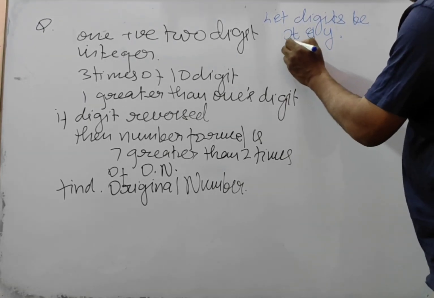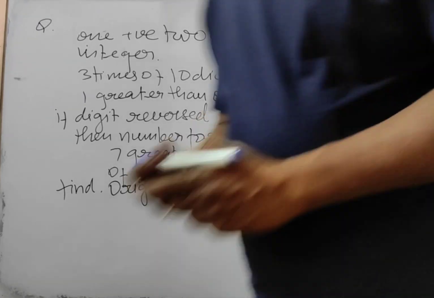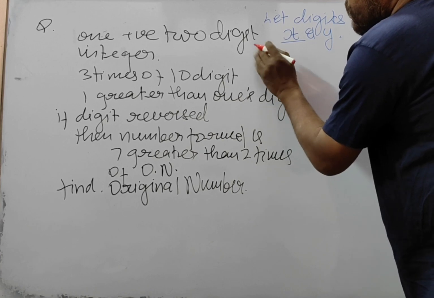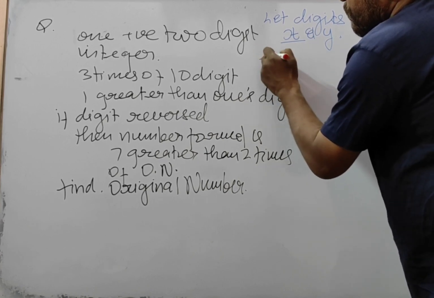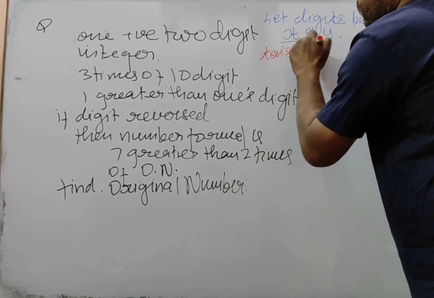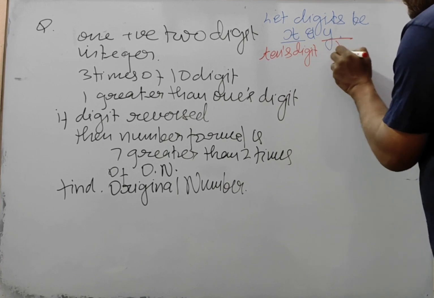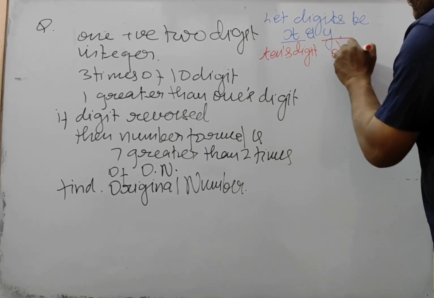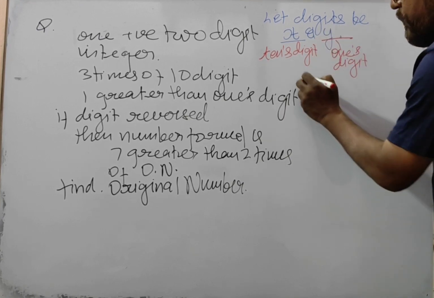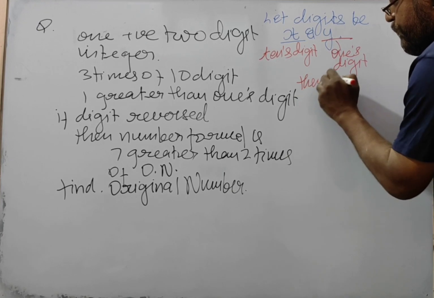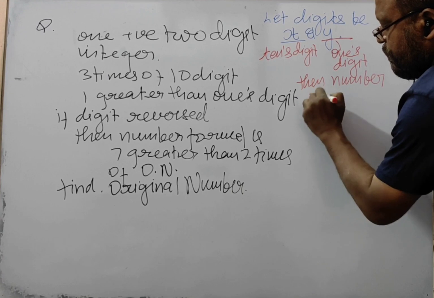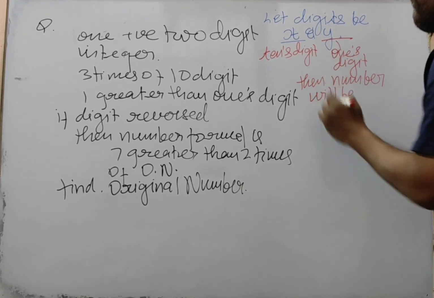So this x is the tens digit number, and this y is the ones digit number, right? Then the number will be